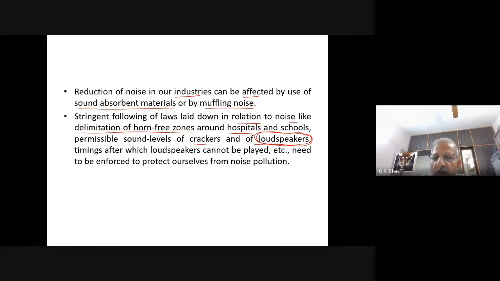To whom are they putting this loudspeaker? Those who want to go to the temple, church, or masjid, let them come inside and pray whatever they want. Why are we disturbing the people outside of the religious places? Whether it is a masjid, a church, or a temple, we should see that the loudspeakers are totally banned. Or, if you want, the sound should be heard only by the people inside the temple, church, or masjid, and not outside.